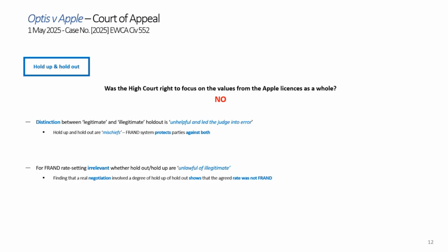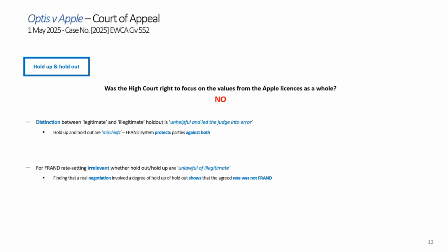The Court of Appeal already questioned the assumption that the Apple licenses were proper comparables because they were not concluded under illegitimate holdout, by basically saying that this distinction between legitimate and illegitimate holdout is not really valid, but rather unhelpful, and led the judge in the first instance proceedings into error. What was the point here that the Court of Appeal wanted to make? Well, it said